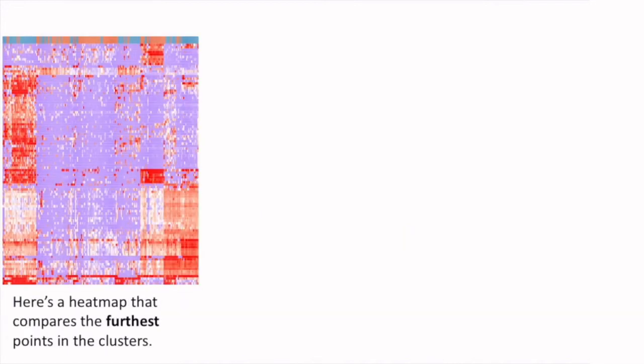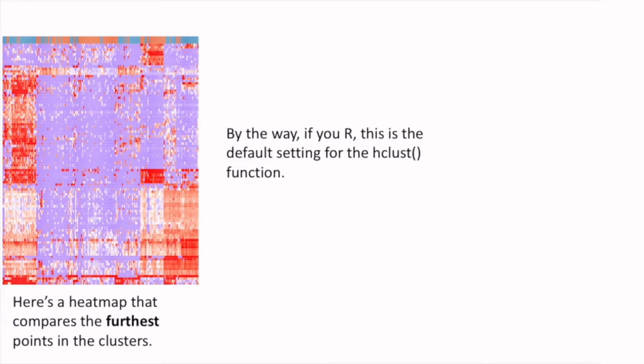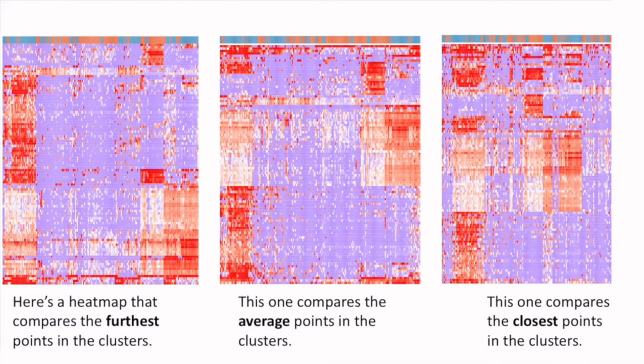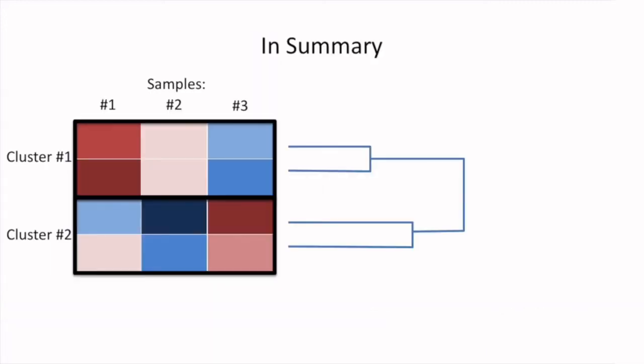Here is a heat map that compares the furthest points in the cluster. If you use R, this is the default setting for the hclust function. This heat map compares the average points in the cluster. And this one compares the closest points in the cluster. These heat maps are all very similar, but there are also differences in the way the data is presented. So, in summary,